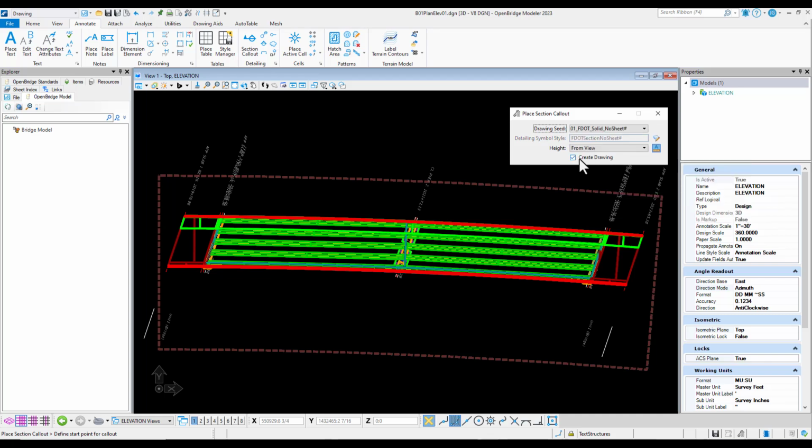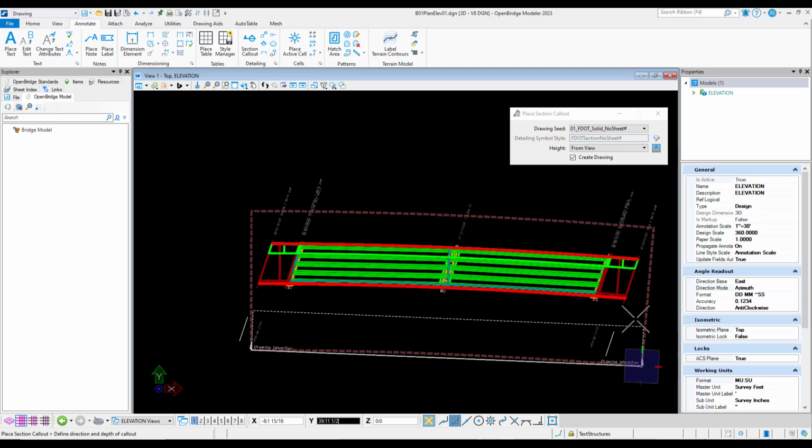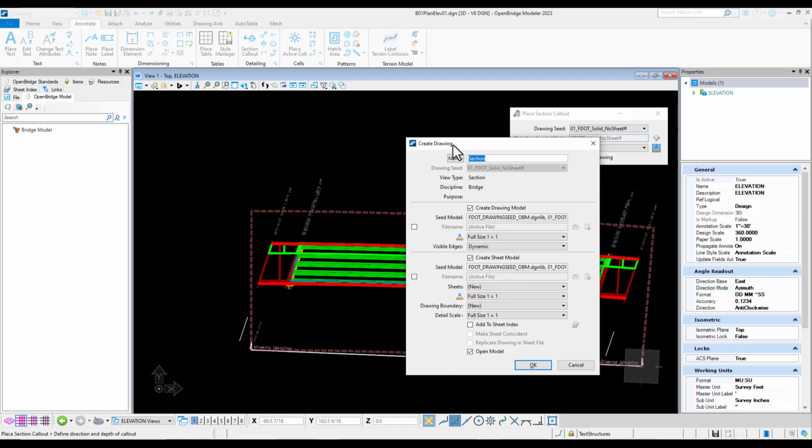We want to leave the create drawing toggled on because that's going to create our drawing model. Then all we're going to do is go to the two corners of the named boundary that are on the bottom side of our view here, and then we're going to snap to each corner. So we'll click on the left corner here, move over to the right corner, snap there by left clicking, and then we're going to drag this all the way beyond the limits of the named boundary. And then you can left click one last time to confirm,